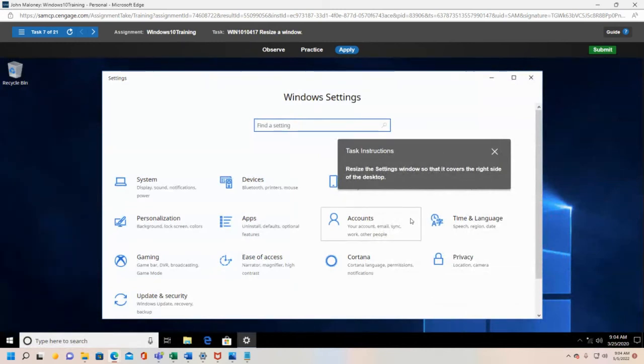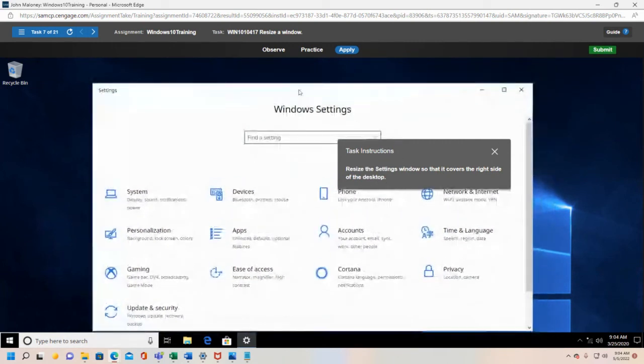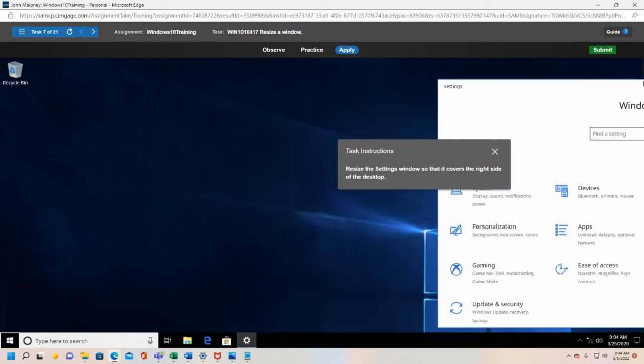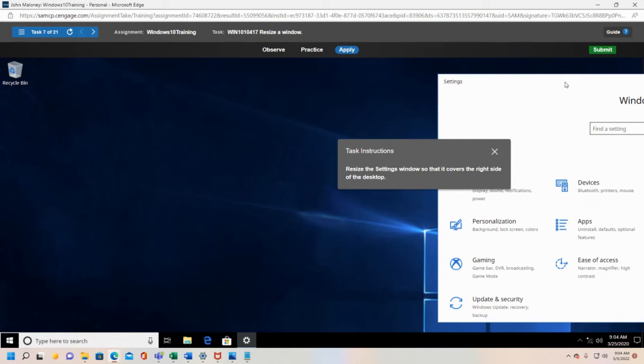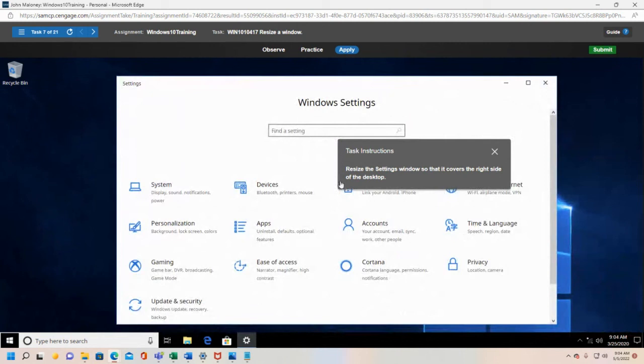Resize the settings window so that it covers the right side of the desktop. So this is the settings area right here. They want it to cover the right side of the desktop. I'm going to try to, what I call, bang it to the right. It didn't like the bang it. This would work in the real world, so it didn't do it. So now I'll just kind of, let's see here,